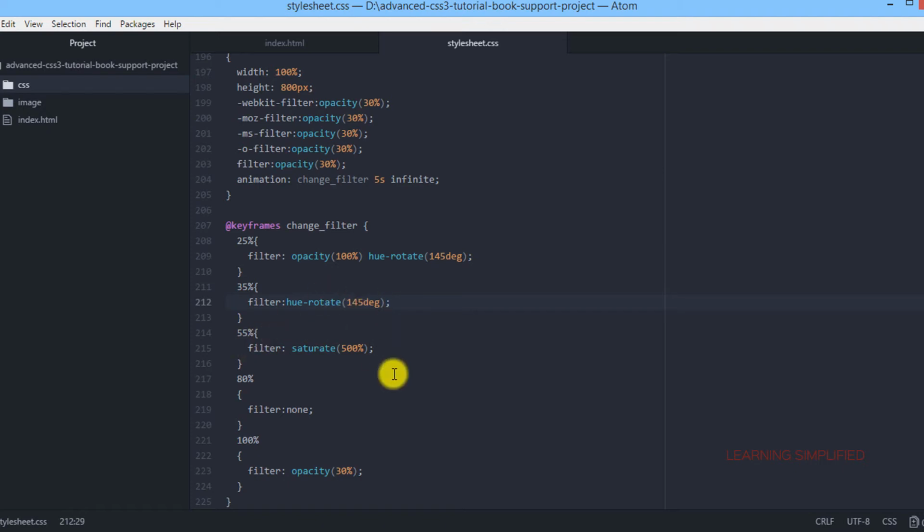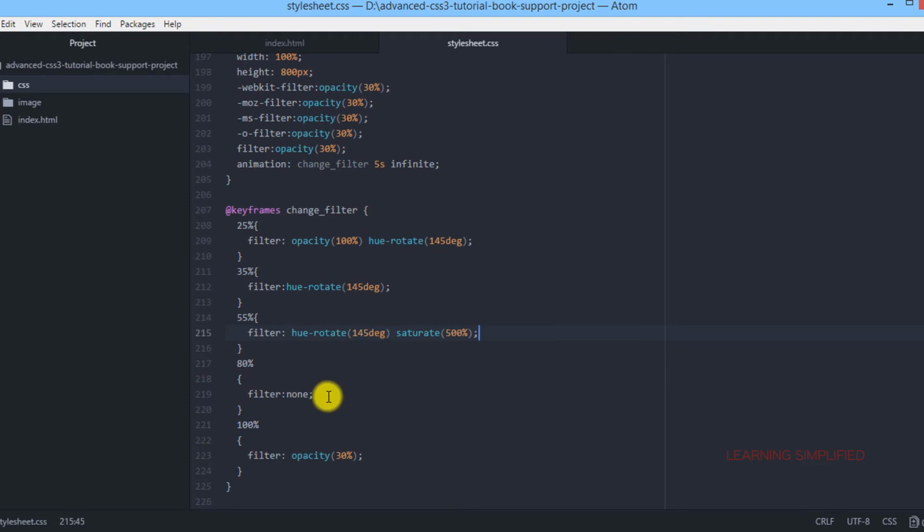After that, when it gets back to our saturated condition, then first of all it will be getting hue rotate, and then in the last case when it is getting none, that means it is now retaining its original property. So we don't need to mention anything over here. It is just now returning into its previous position of the image. And at the last position, the opacity is now reducing to 30%.